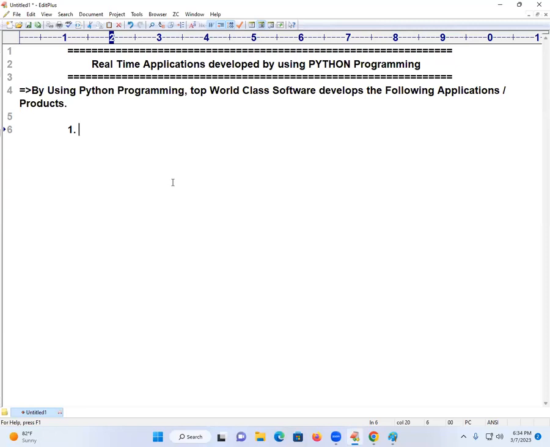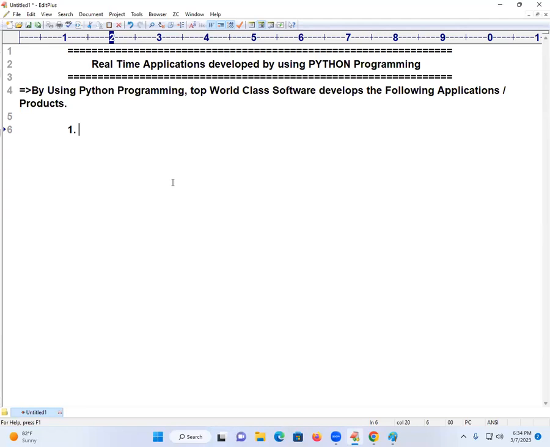Actually, by using Python, officially they declared less than 10. And the industry is using this Python for 35 related areas. And if I go on writing, even 45 applications I can write. As a part of my company, what we worked on, that also I will write, as a part of real-time products based.